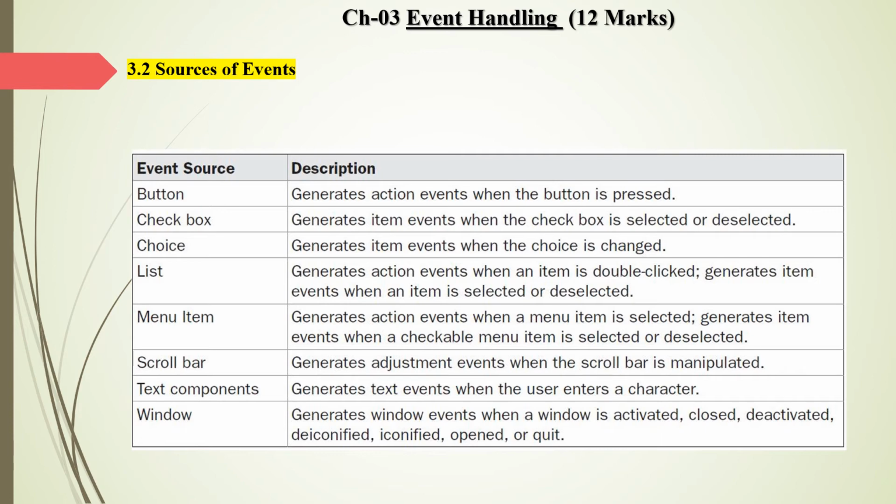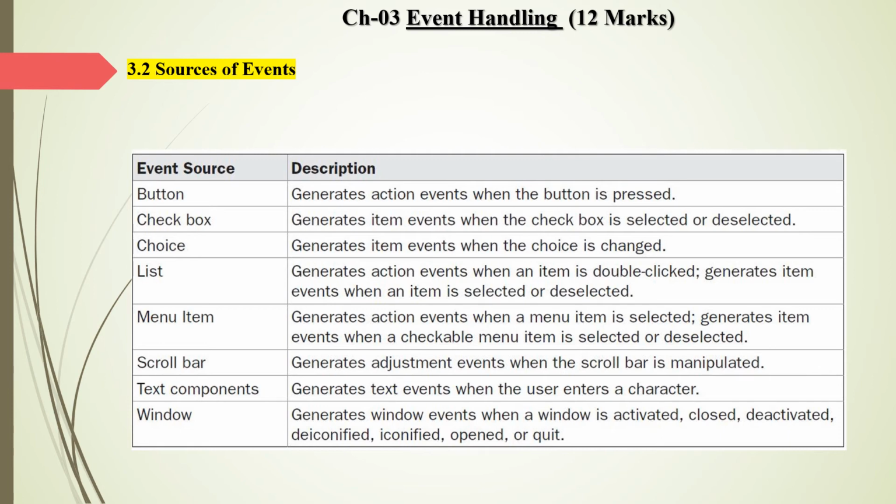Second source of event is checkbox. Checkbox generates item event when the checkbox is selected or deselected. Next one, the choice. Choice generates the item event when a choice is selected. So checkbox and choice may generate the item event. The next one, list. List is another source of event.